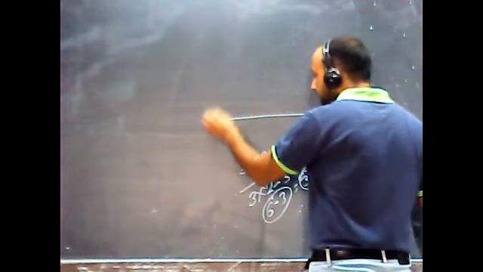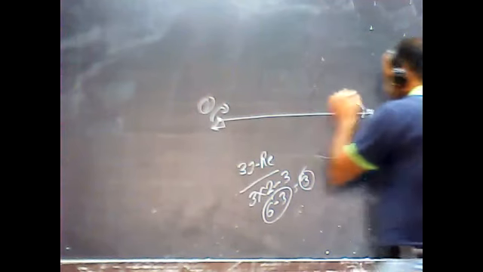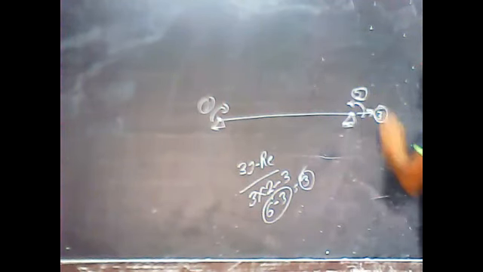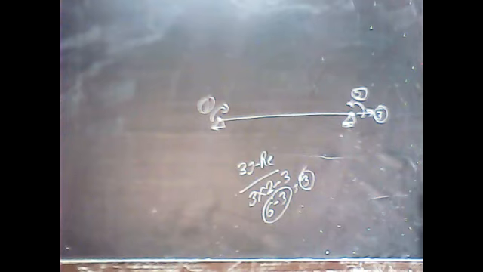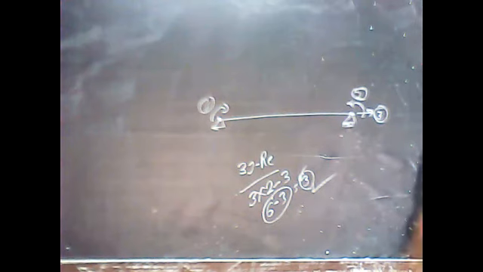At the other end there is a hinge, which will restrict the movement in x and y direction. It is not going to restrict the rotational capacity. Rotation is allowed in the case of hinges. The total number of degrees of freedom is 1, 2, and 3. Now this question is complete. That's how you have to do it. Do not write the direct value. It will not be considered a perfect answer. Otherwise, maybe you will get 1 or 1.5 marks. You have to represent it in this manner. If you know what the releases are, you will clear your doubt. There will be no doubt in that case. Fine.